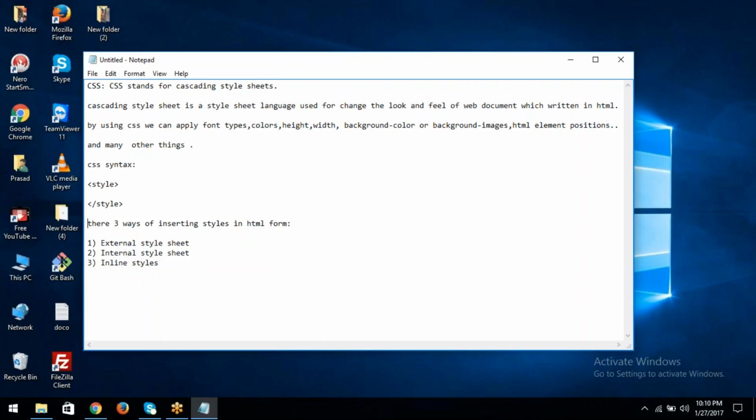So this is the CSS syntax and three ways of inserting CSS styles in HTML. The first one is external style sheets. An external style sheet is ideal when the style is applied to many pages. Suppose you want to change the page background or font styles,